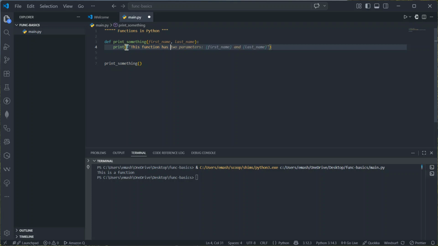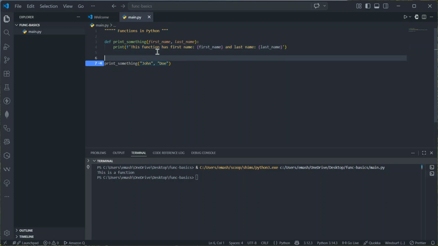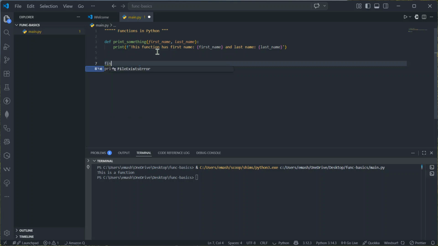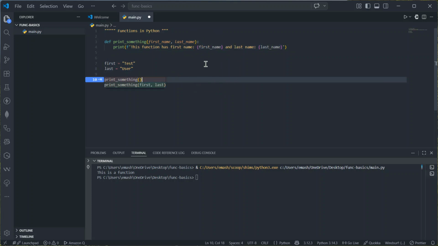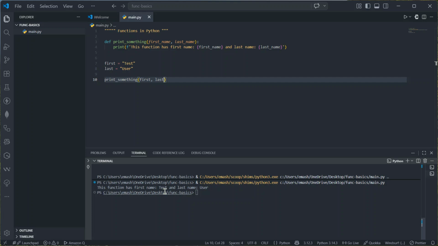This function has two parameters. I'm going to put their names like this one, and here I can define the first name. Let's put something like a test, and oh sorry, this is the first and the rest. Okay, and I'm going to paste all of them right here under. Let's run this again. Now you can see this function has first name, which is that, and last name is